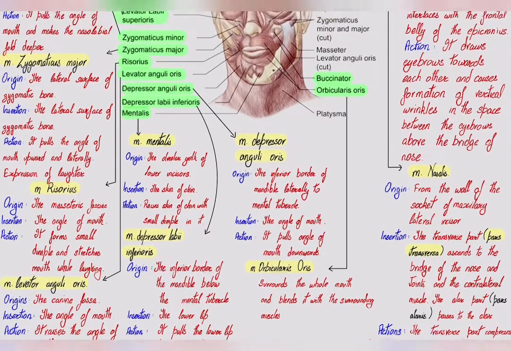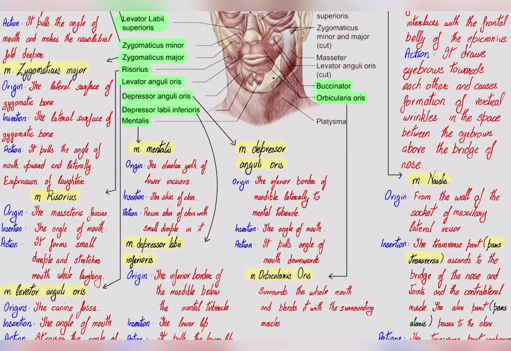So the next muscle, as we all know, is the mentalis muscle. This muscle is the small muscle which is located over here, and it has its origination from the alveolar yoke of the lower incisors and has its insertion in the skin of the chin. It simply performs the function of raising up of the chin with a small dimple in it, which is formed over here in some people.